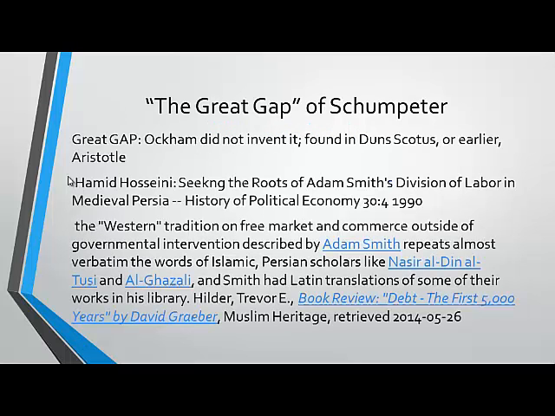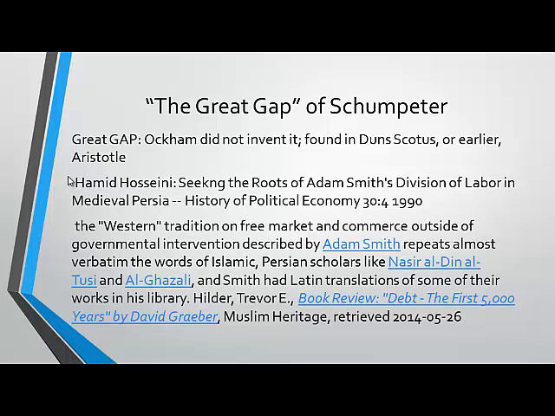Now, Schumpeter is a name you might be familiar with. He's a famous historian of economics, and if you ever study history of economic thought, then Schumpeter is referred to. So he says that there is a great gap in economic thinking of mankind. First, the Greeks had economics, and then in the Middle Ages, the Europeans started, and then for 1,000 years, mankind didn't think about economics.